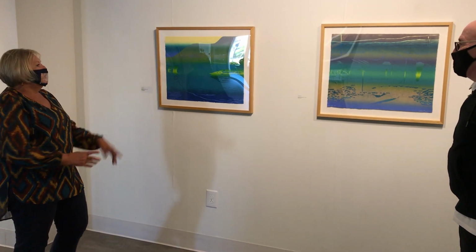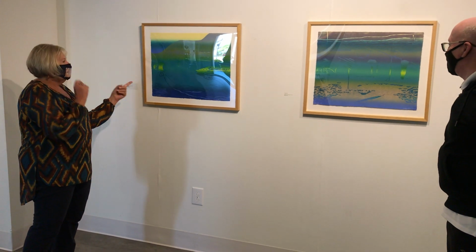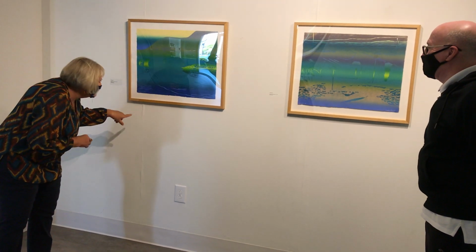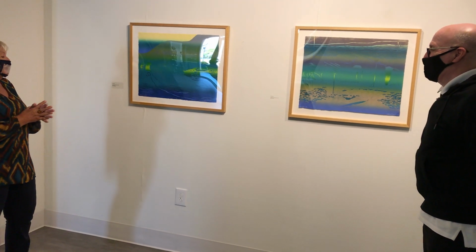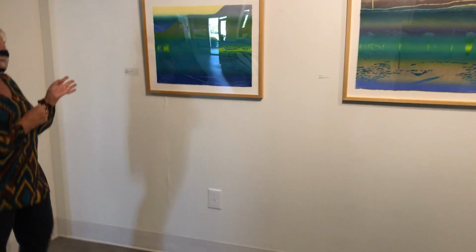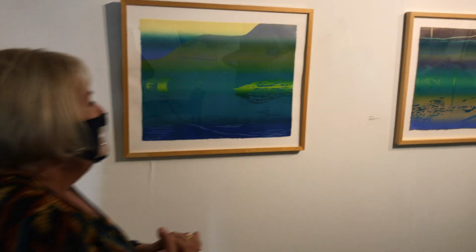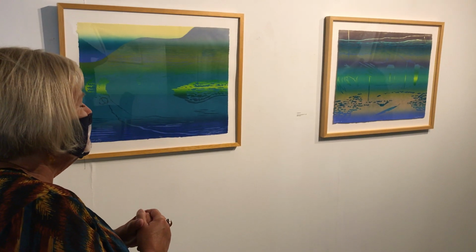And what happened with this print is it started out as part of this edition, and for some reason I forgot to print two prints in this edition. This should have been an edition of 12, and it's an edition of 10 because I forgot on the second run to print two of the first runs. So I had them sitting around the studio, and when I printed Spectrum, I thought, well, what do I have to lose? I'm going to try, before I cleaned up my ink,